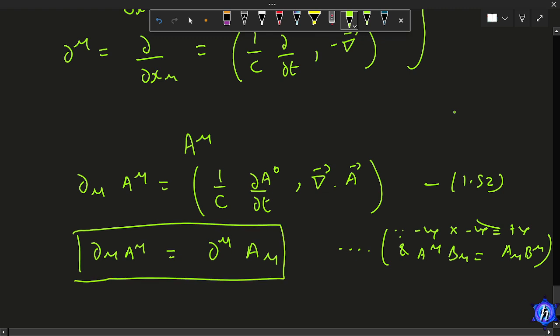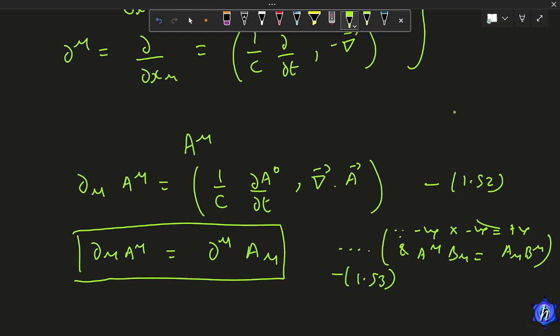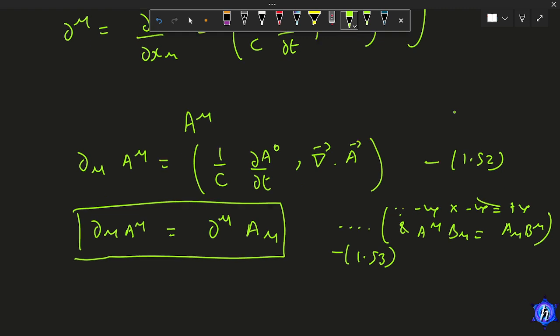This is very important. I'm going to mark this as equation 5.3. So whenever you come across this particular term, we can really exchange these upper indices, lower indices, upper indices, lower indices. It doesn't matter. What matters is that this particular thing operates on this 4 vector, and we get